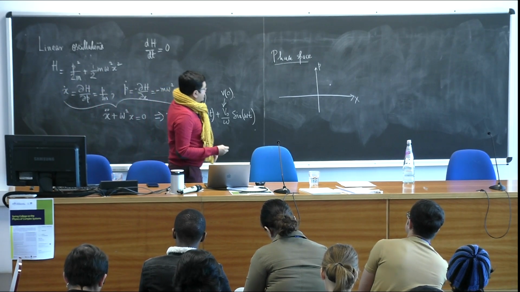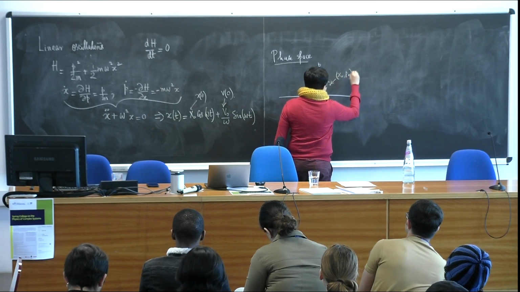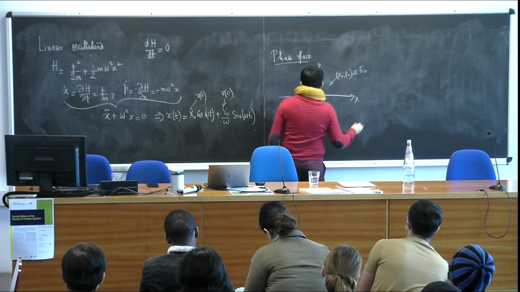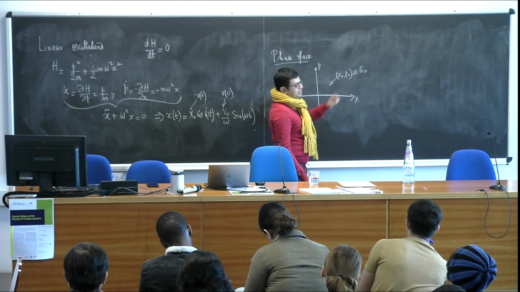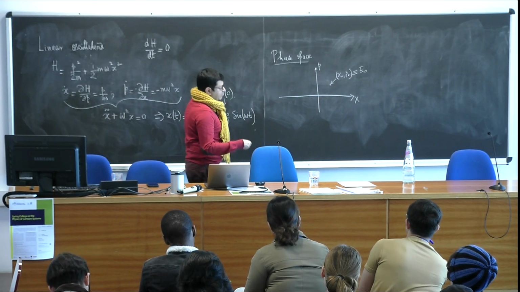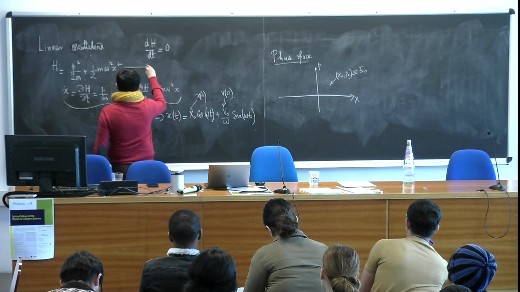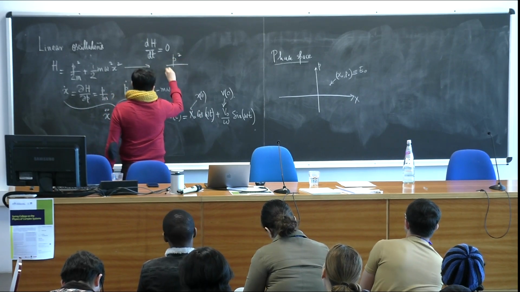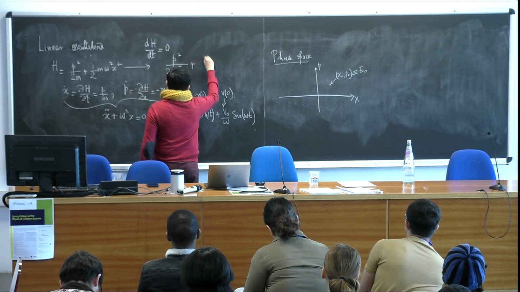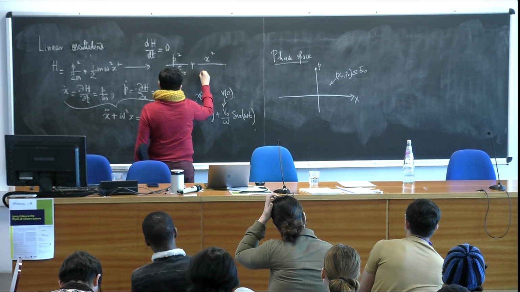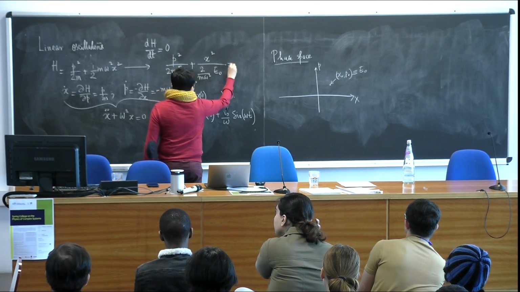That means if I start with an initial point x0 and p0 that has some energy E0, then as the point traces out a curve in this trajectory, the energy is going to remain constant in time. x and p can change, but the energy cannot change, and therefore I can rewrite this equation in the following way. This will give me the equation of an ellipse,